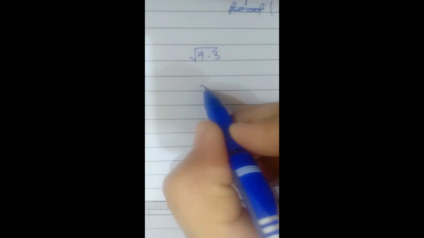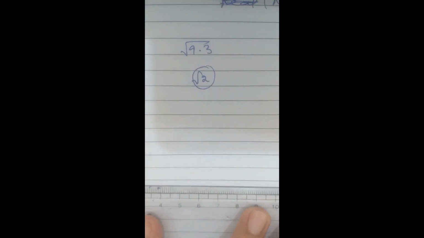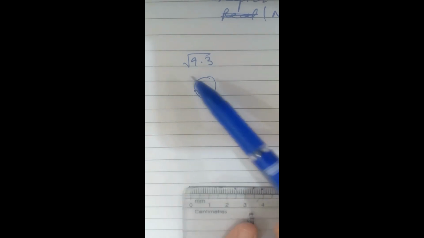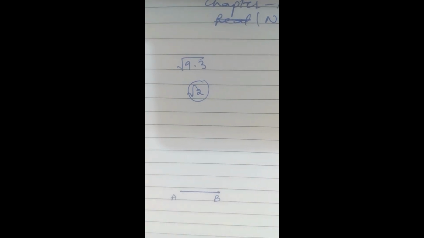First I'll go for root 2. So what you are going to do, since it is root 2, you have to draw a line segment of 2 centimeter. This time we have to draw a line segment. Side by side I am telling for 9.3 also. If it is root 9.3, then you will draw a line segment of 9.3. Clear? It was root 2, so we have drawn 2 centimeter. And name that as A and B. Just put a little dark dot over there.